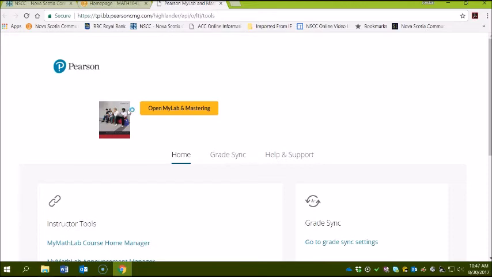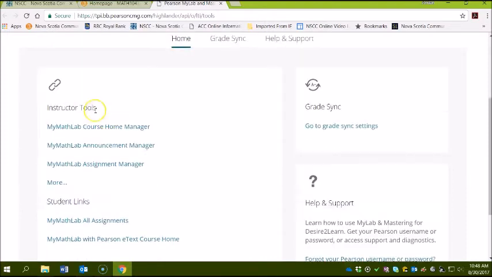If the cost of the textbook is something that's really bothering you, I want you to contact me and we can talk about it. Maybe there's a few other options that we can work out for you. But basically, you need to buy the book to get the code to access Pearson where all your assignments are. So if you go in here,